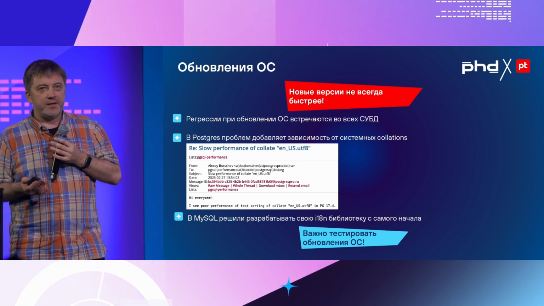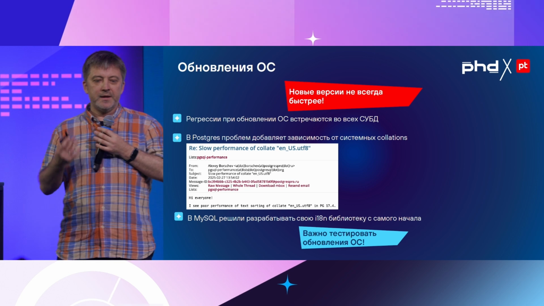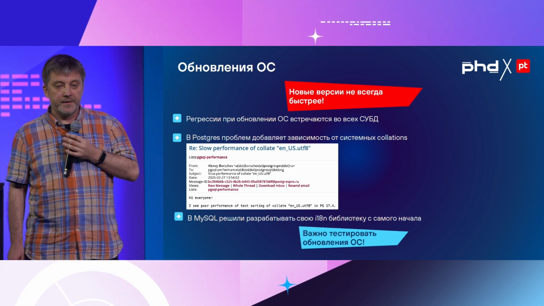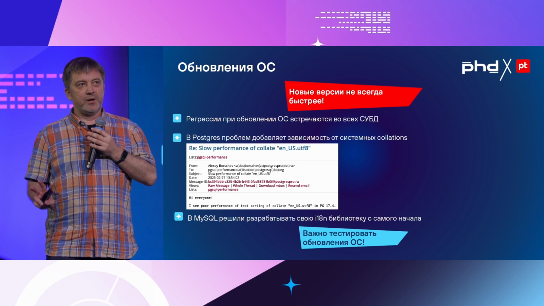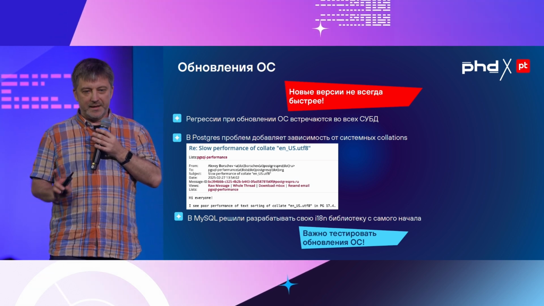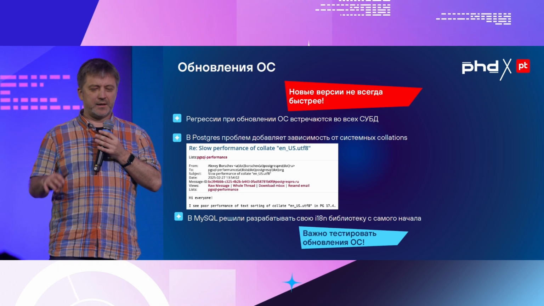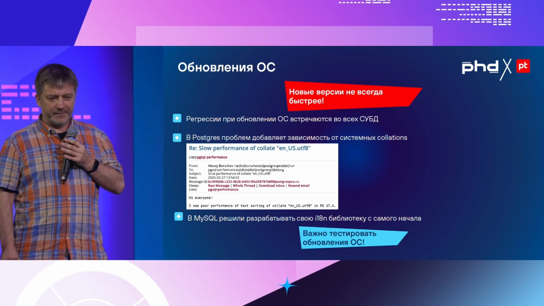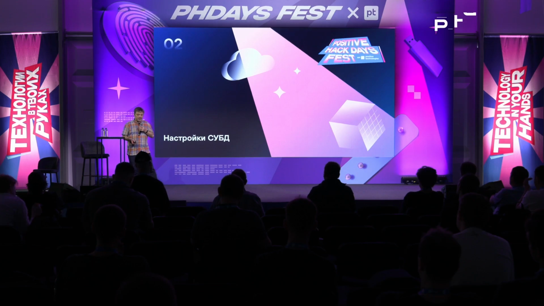In MySQL, they did the right thing. Initially, they decided not to depend on any system libraries and implemented their own library. And so over the 20 years of history, I can recall maybe two big problems caused by this solution, where indeed something was broken, something with the coding, and it led to problems. But in Postgres, this keeps happening all the time.